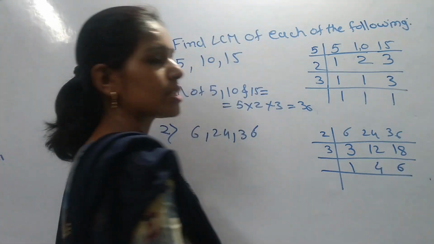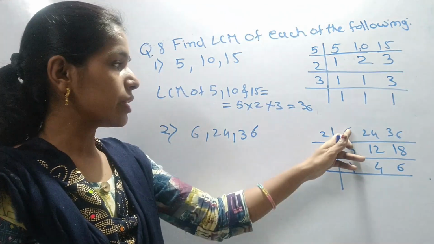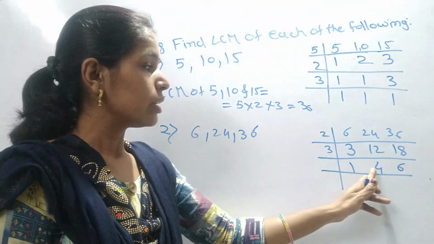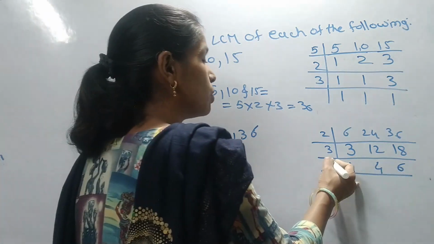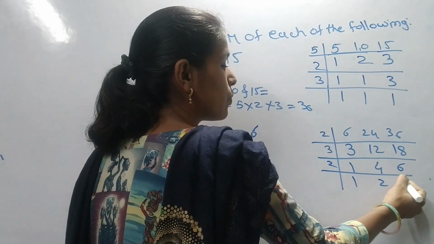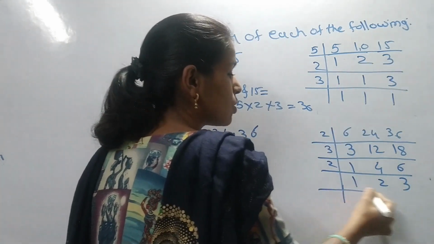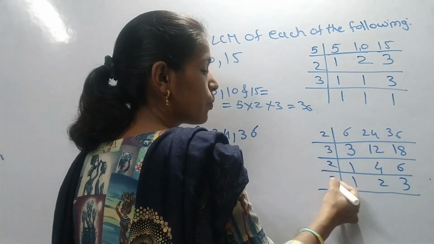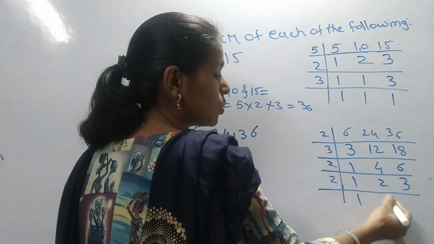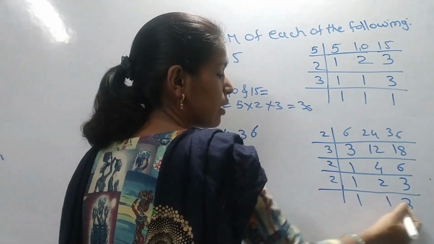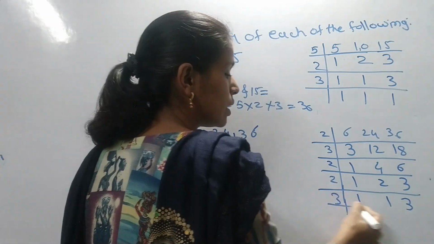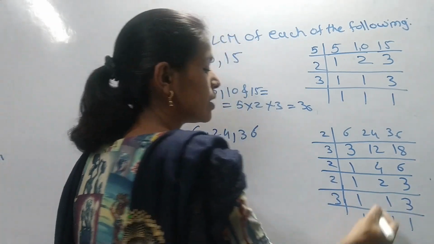Now this 4 and 6 both are divisible by 2. The division of 6 is complete here. Now divide both of these by 2. So what will you get? 2 2s are 4, 2 3s are 6. Again the same step appears here. Both are different numbers. So first we will finish the division of 2. 2 1s are 2. It is finished. Now the 3 remains. So divide by 3. 3 1s are 3. All the divisions are finished.